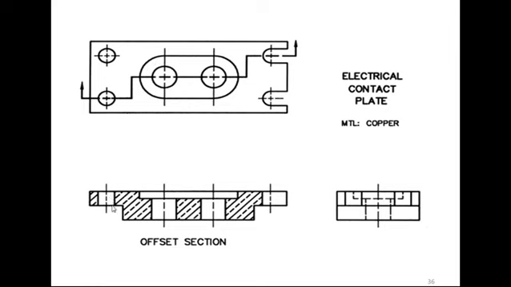So this hole will come here, for this object it will come here, for this object it will come here, and for this object it will come here. And because of this, in one sectional view we can understand how our object looks, how many different things are given in one object.